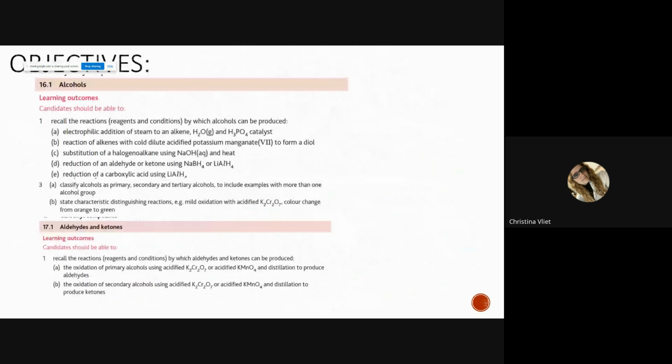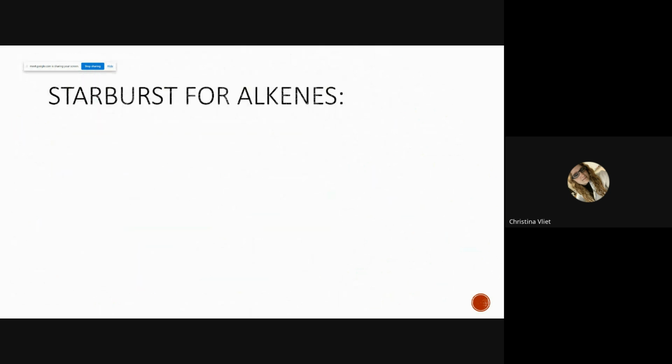So if you already wrote over this spot, starburst for alkenes, you'll notice on the very, very back of the handout today, I've left it completely blank. So if you want to use the whole page for this, you can. Or you can use the spot that's in slide 3 for the starburst of alkene. We're going to start with an example alkene, and then we're going to do all the things that alkene can do. So I'm going to give you an example alkene in the middle,